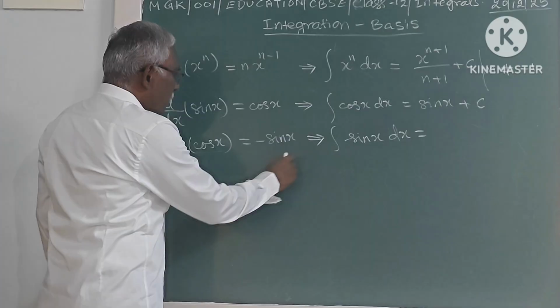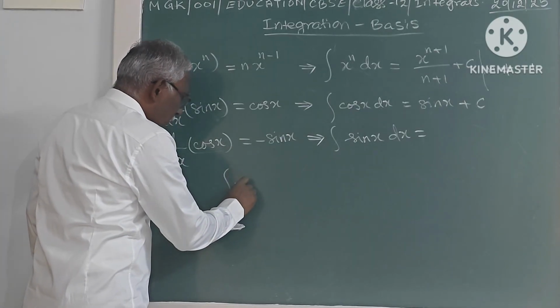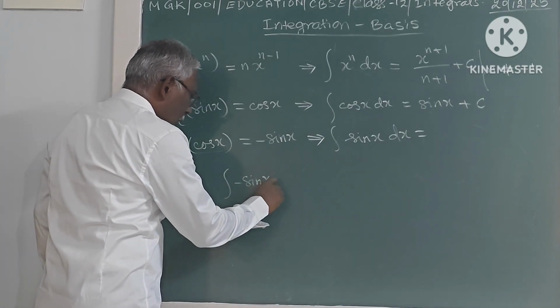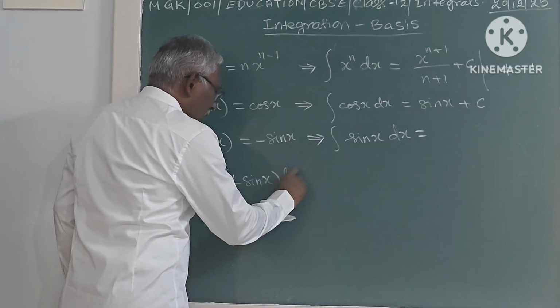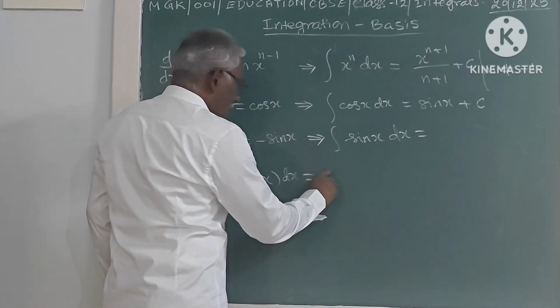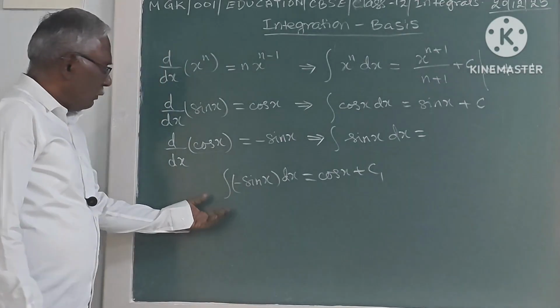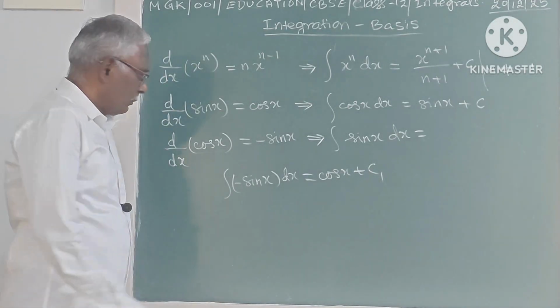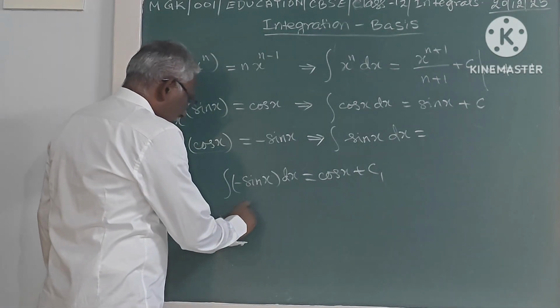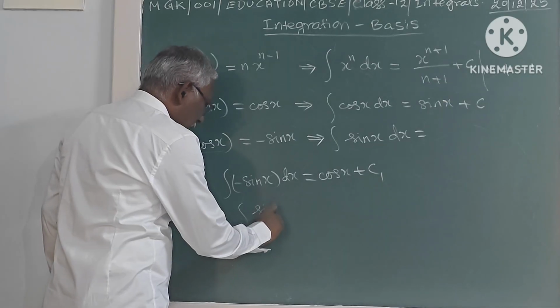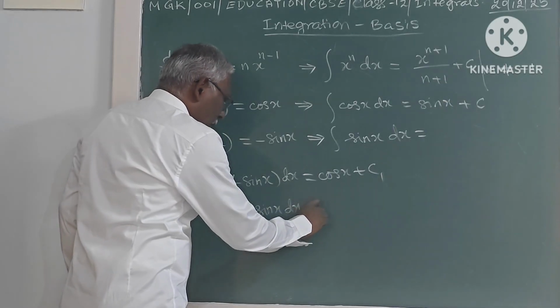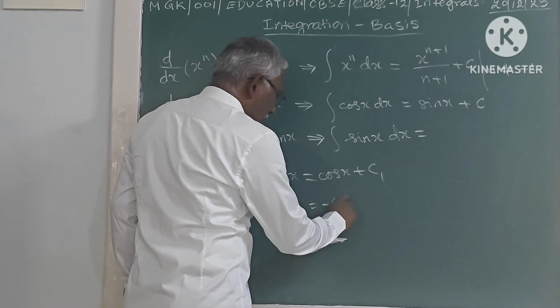That means if we integrate minus sin x, so integral of minus sin x with respect to x, that is dx, this gives a cos x. Now we multiply both sides by minus 1. So that gives integral sin x dx is equal to minus cos x